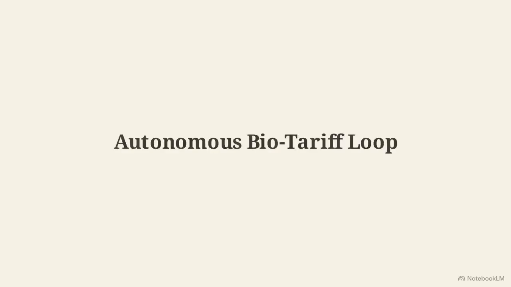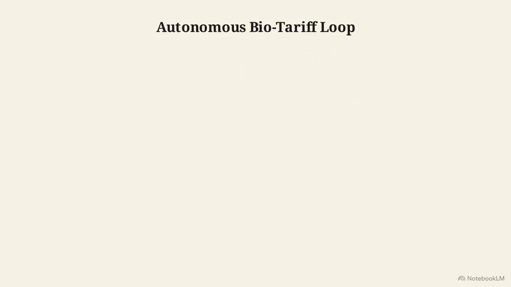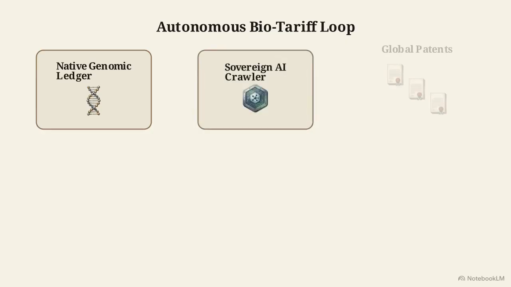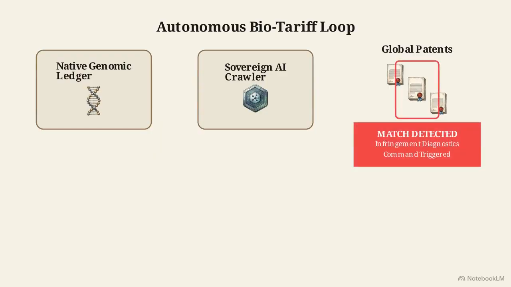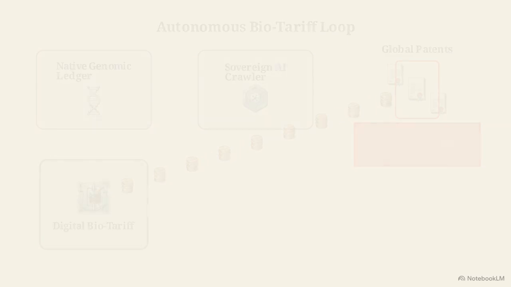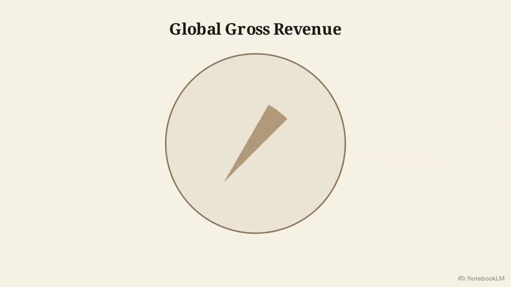To enforce genetic sovereignty, nations must implement an autonomous biotariff loop. This begins with a native genomic ledger, a secure blockchain database of wild genetic assets. A sovereign AI genomic chronomic then monitors global patent registries. When the AI detects a match between a commercial patent and a sovereign sequence, it triggers an infringement diagnostics command. This initiates a smart contract taxation protocol, executing a financial levy at the point of commercialization, completely bypassing the need